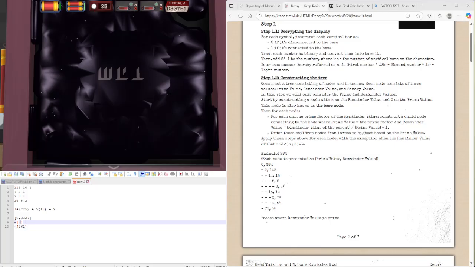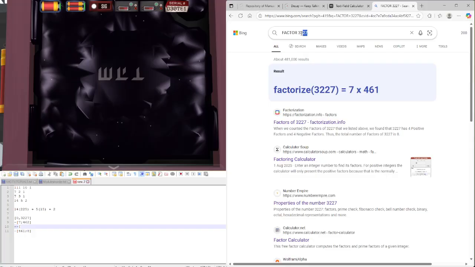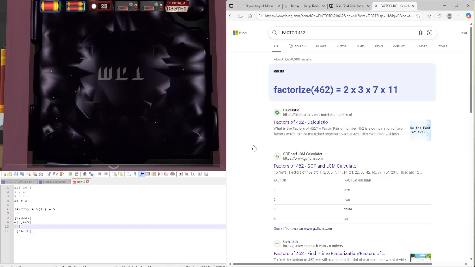Then basically the other one is just 1 plus the other numbers. Then neither of those are primes, we need to do it again. So factoring, there's 2, 3, 7, and 11,